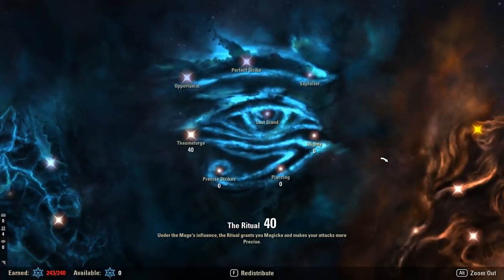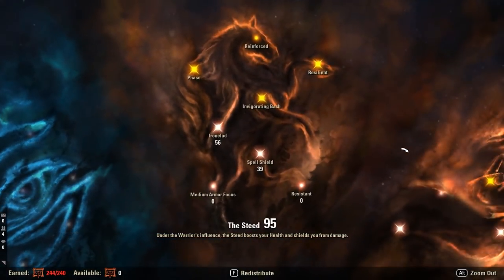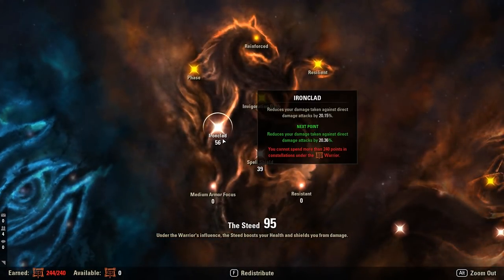Now, like I said, the blue tree definitely is the most variety. Moving on to red, definitely a little bit easier to decide. We have Ironclad. Reduces the damage taken from direct attacks by X%. If you're getting hit instantly with damage, Ironclad is going to prevent it. Ironclad is, again, a 25% star. This thing scales beautifully. I would recommend for everybody,